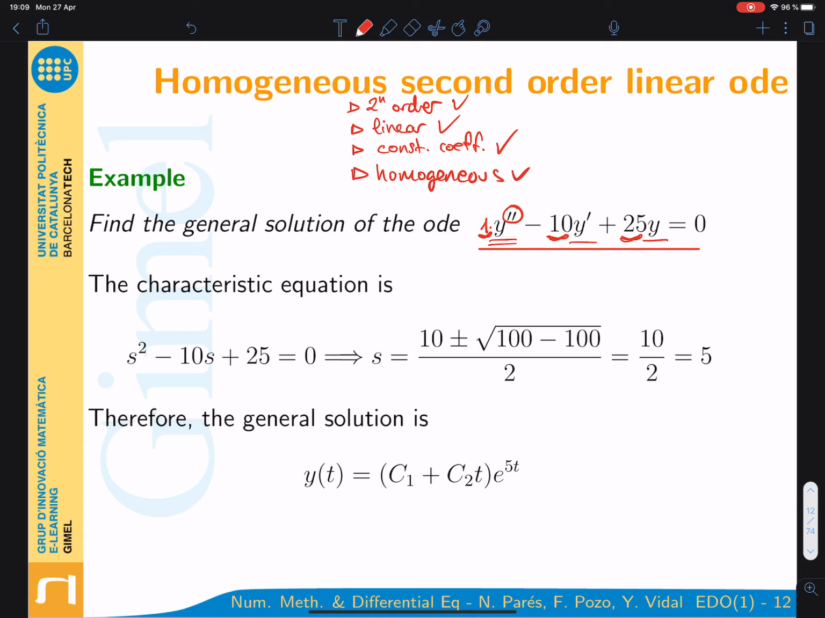Well, that's very simple. I can say that is equal to 0. Okay, so it verifies all this. I know that I can solve it just by finding two particular solutions, and the general solution is going to be the linear combination of these two particular solutions. And in order to find these two particular solutions,